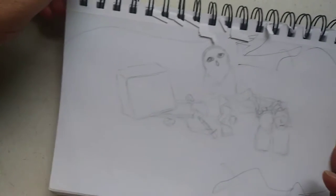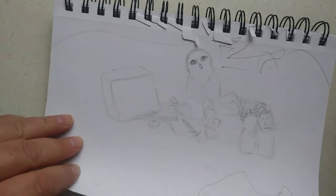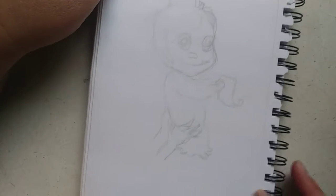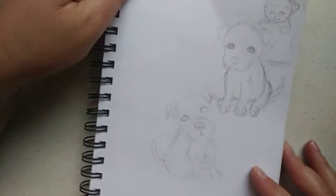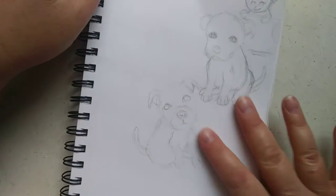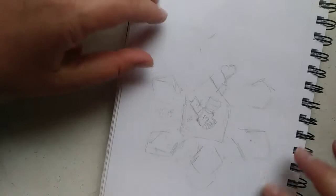And then there's another from my advent calendar. And Cindy Lou Who. And sketches for the Nutcracker. And this is our dog as a puppy. Here's a snowflake. I don't know how well you can see that in this picture, but